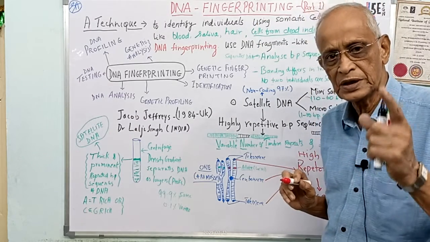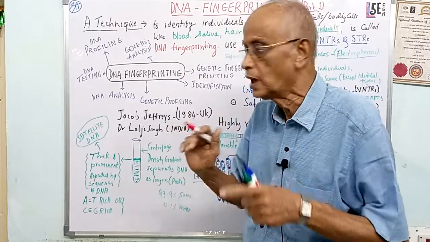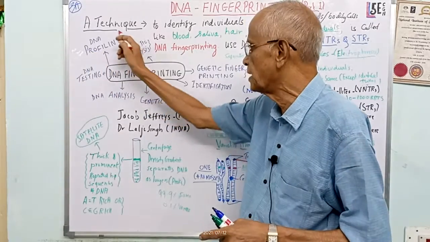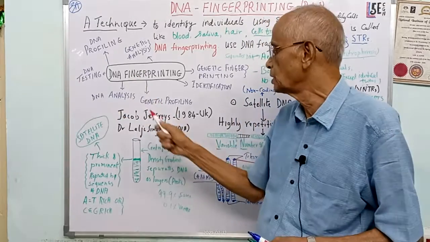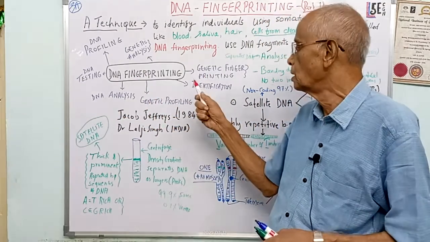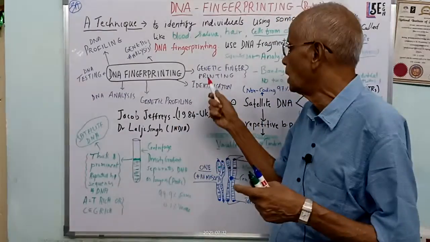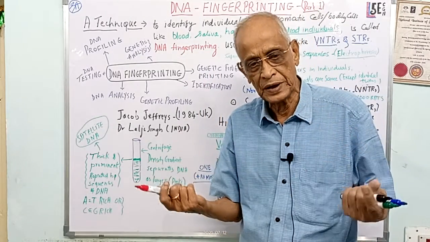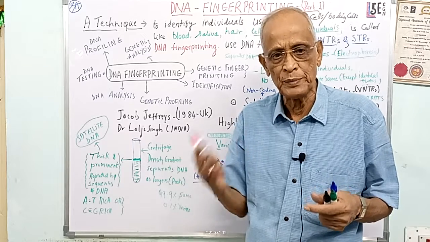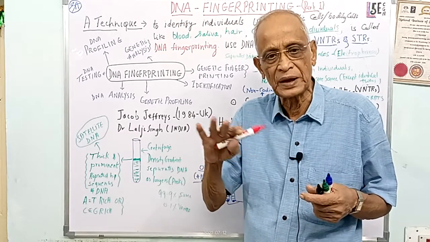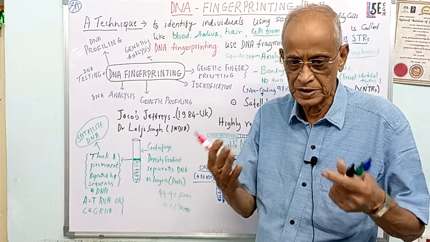I'll repeat that word, DNA fingerprinting. This is also known by different names. It is also known as DNA profiling. It's also called DNA testing, DNA analysis, genetic profiling. It may be identification of the genetic sequences, and genetic fingerprinting. So people and the laboratories use different names almost for the same technique. What do we mean by DNA fingerprinting?